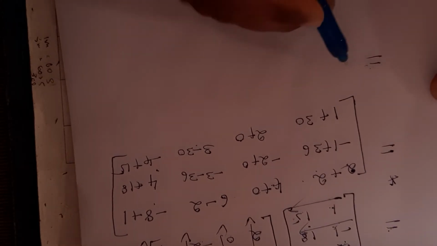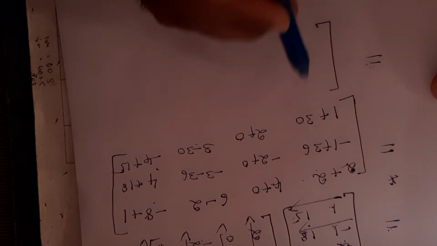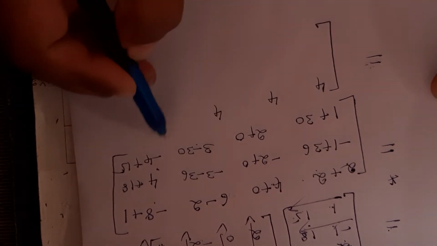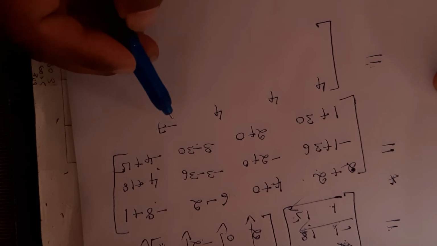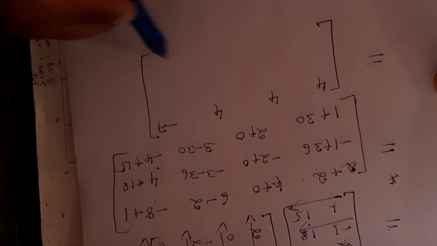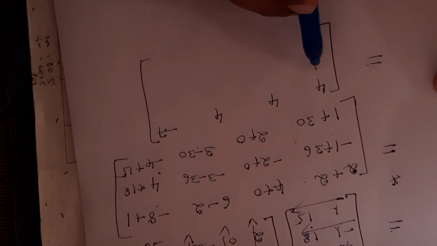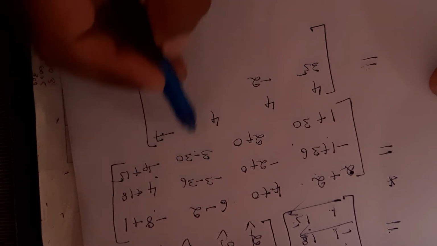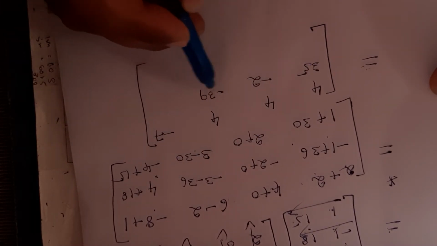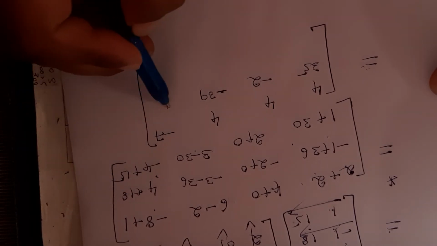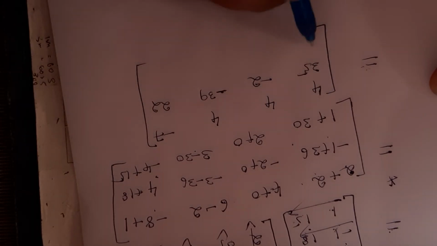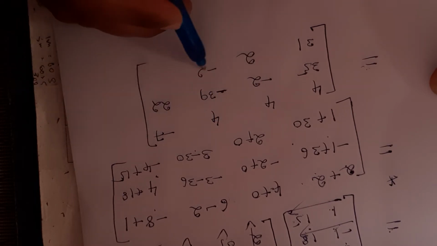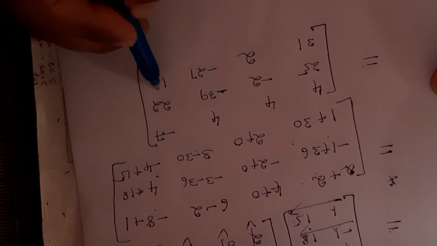Okay. So now let us simplify it. That is 2 plus 2 is 4, 4 plus 0, 4 here, 6 minus 2 is 4, minus 8 plus 1, that will be minus 7. Then minus 1 plus 36, that will be 35. This will be minus 2. This is minus 39. Then 18 plus 4, that is 22. Then this will be 31. 2 plus 0 is 2. 3 minus 30, that is minus 27. Minus 4 plus 15, it is 11.